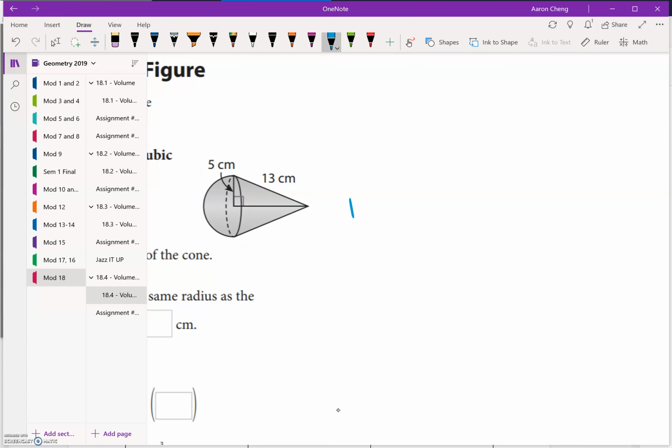So it's important for us to write down what each of our figures are. This is a hemisphere plus a cone. So the volume is going to be, nope, not 4/3, 2/3 this time. 2/3 pi